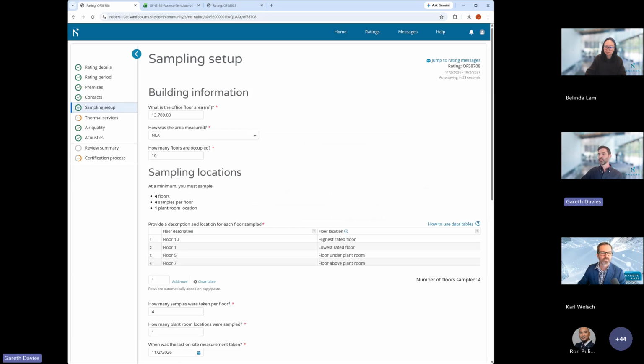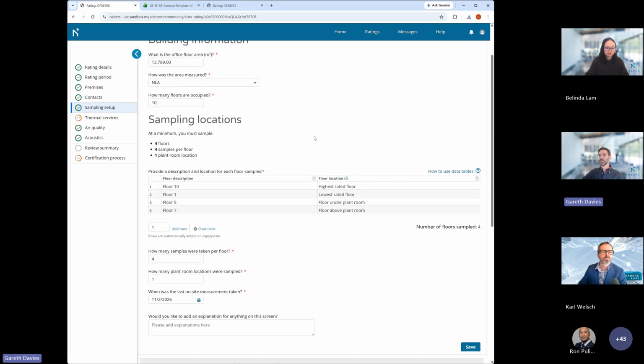This page has been renamed from Building Details in Rate to Sampling Setup, which better reflects what assessors are actually doing here. On your second IE rating, or indoor environment rating, in Perform for a building, pre-fill will be available, which means that you can use the same building data from the previous rating to help you with this rating and save a bit of time if those building details are still the same. And then in terms of sampling requirements underneath,